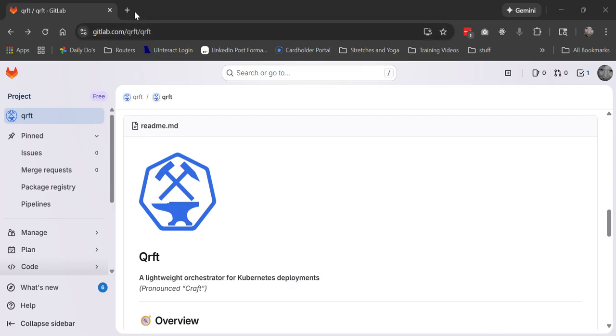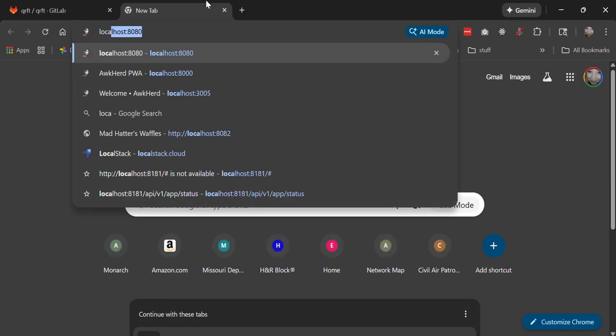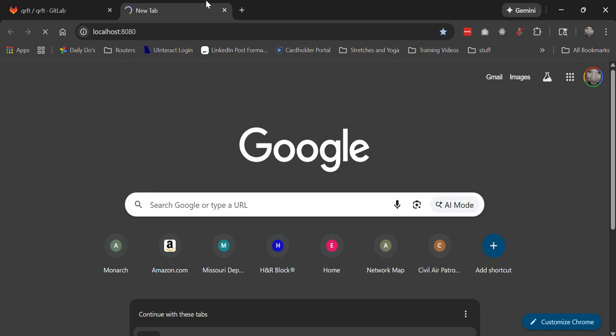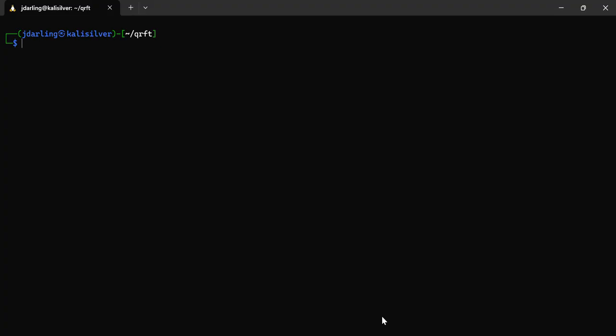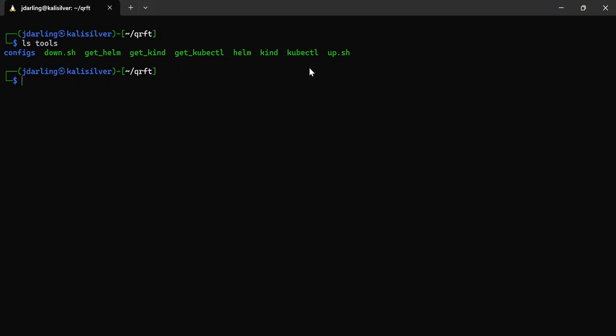Just as nothing up my sleeves, later on we're going to use localhost 8080. You can see right now there's nothing there. We're going to use kind today. So if I look, I have a tools directory here where I've got kind, I've got Helm, and I've got kube control. That's because we might need different versions of kube control or Helm for different environments or different customers,